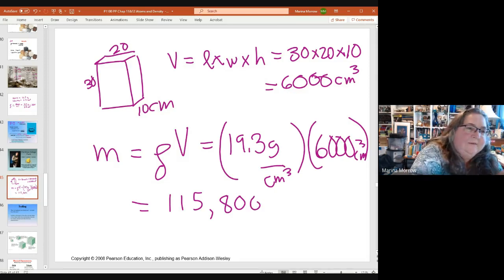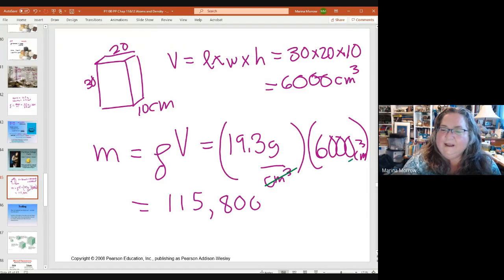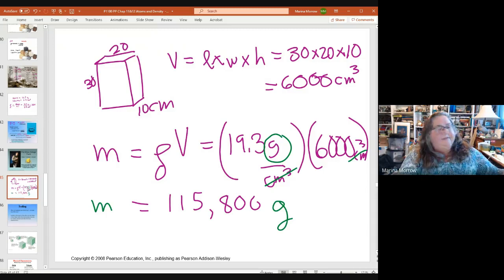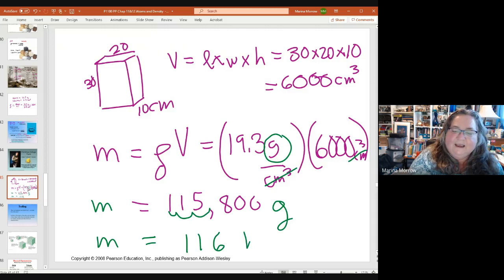Well, because we can cancel out the centimeters cubed, right? That leaves us with grams. So this is going to come out as a mass, as we would expect. Now, is that a lot? Well, let's shift it to kilograms. So we can move the decimal point 3 times. The mass is going to be 116 kilograms,